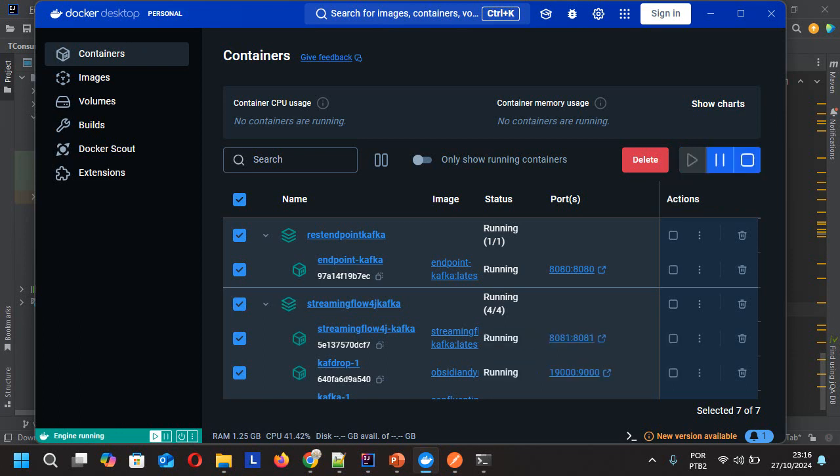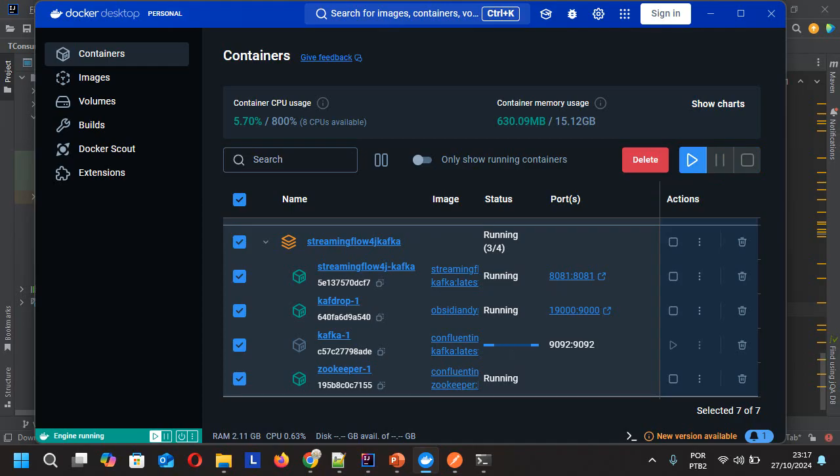It's such an easy way to make the start using Docker, building and making all the deploy here, and right now it's running in Docker. You just use StreamingFlow4J here and a middleware to receive the layer of our